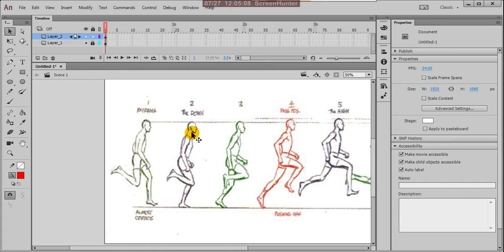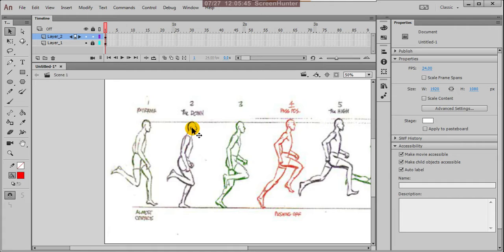The next is the down pose. When you run, you can try it yourself in front of a mirror. You gain strength and push your body into another step. Here you are gaining your weight. The whole body weight shifts to the left leg, so it is in a bit of a down state.